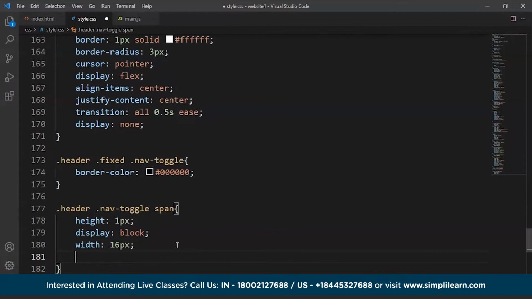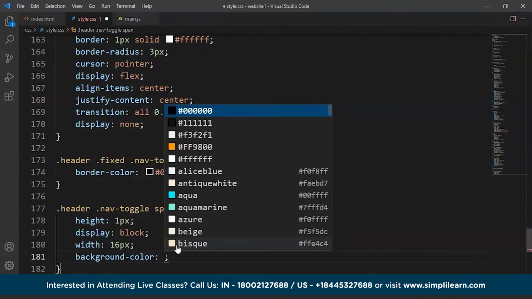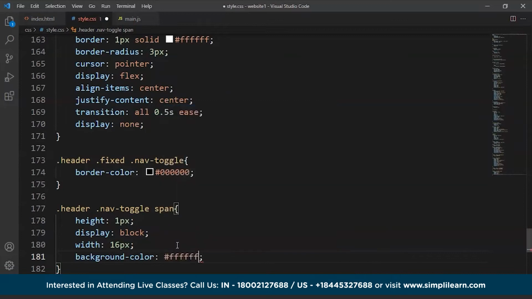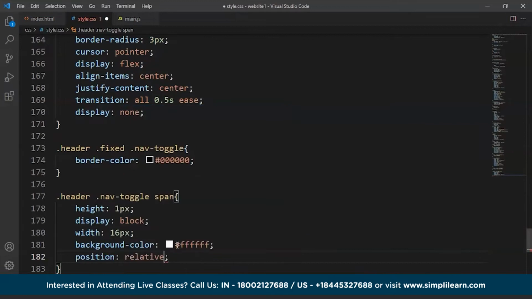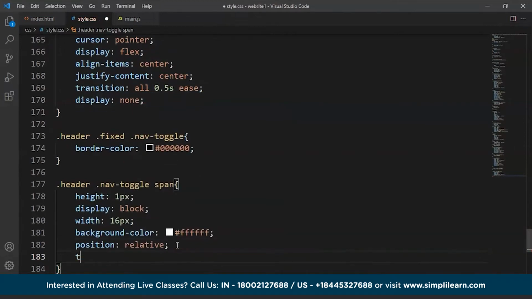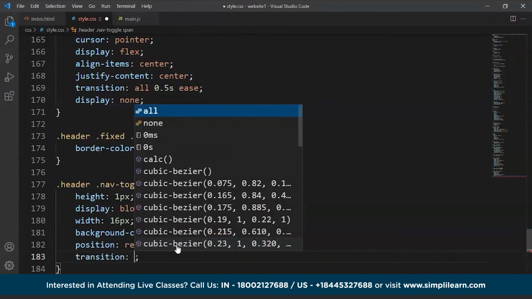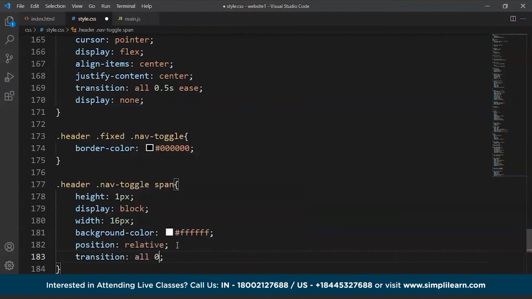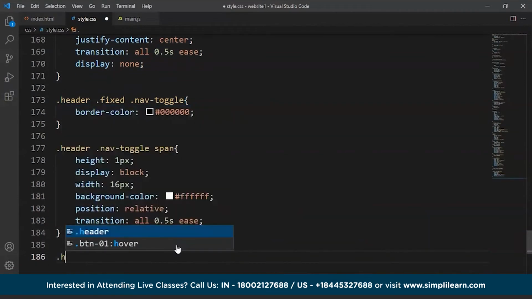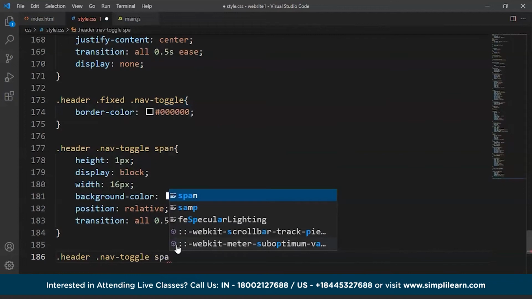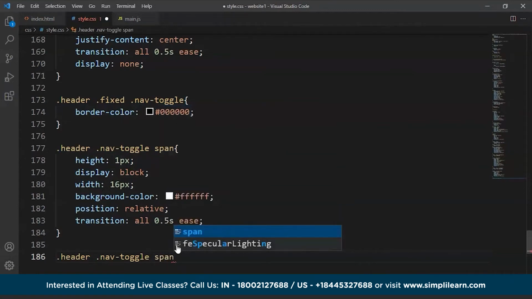Then we have background color. So we'll write here background color as white. Then we have position as relative and transition as all 0.5 second and ease. Fine. Lastly, we'll write here .header .nav-toggle span, and we have to write the code